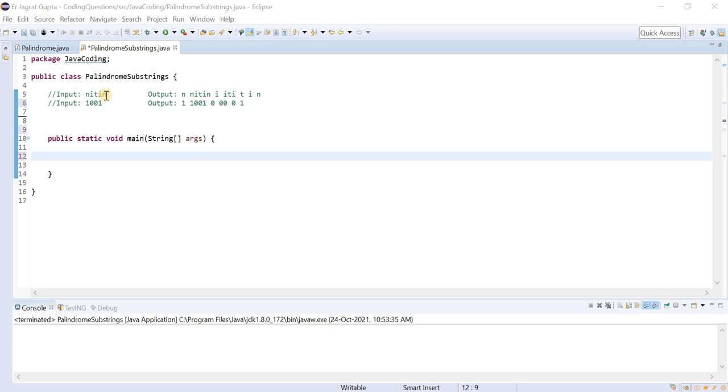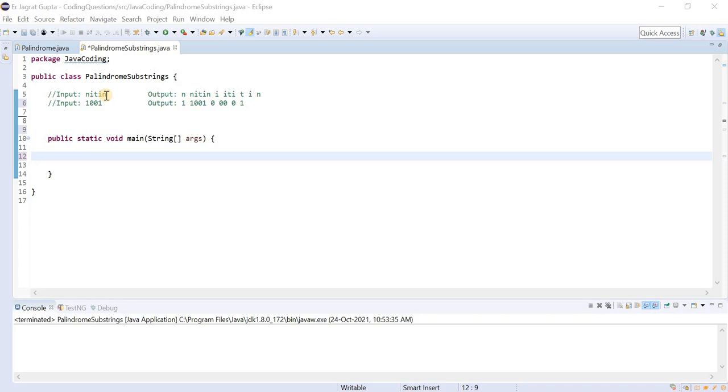So there are two concepts here. Firstly, we need to find out all the substrings of this string, and then in the second step, we will extract all the palindrome substrings for that string. So this is today's problem, and we need to solve it. If you hear my statement carefully, then you will extract two words from it. First is substring and the second is palindrome substring.